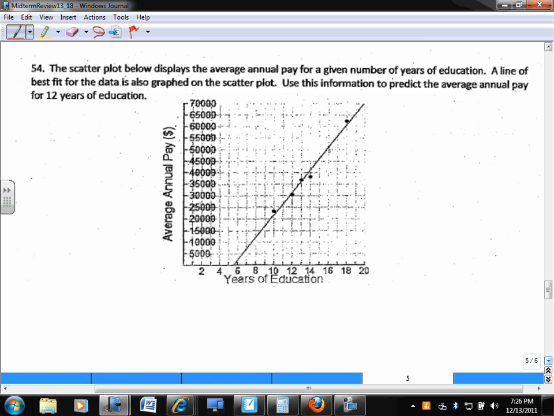Okay, let's look on our graph. Years of education is on the x-axis, and average annual pay is on the y-axis. So we look at years of education. We want to find the average annual pay for 12 years of education. Let's identify 12 years of education. It's right here. So let's follow it up. We're right here. So we need to follow that over and determine what the average